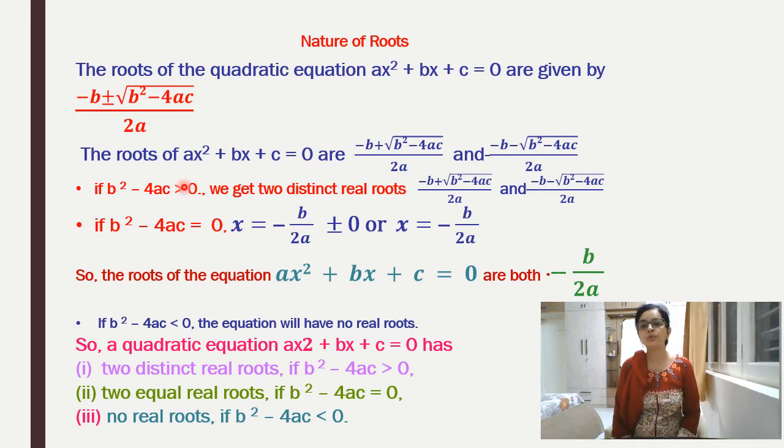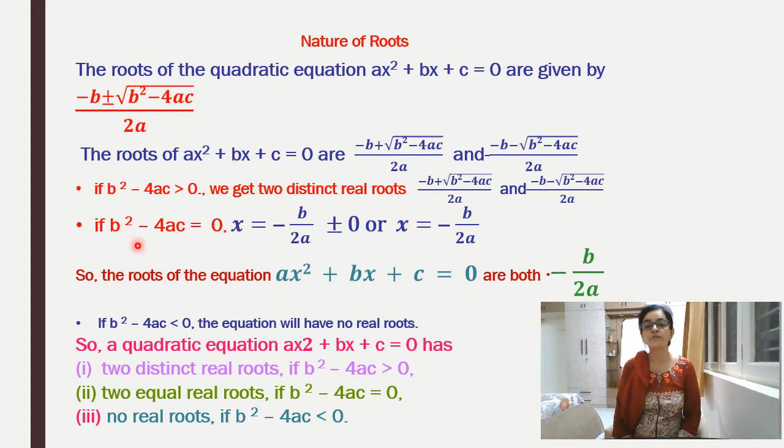So we have two roots: minus b plus root of b squared minus 4ac upon 2a, and the other root is minus b minus root b squared minus 4ac upon 2a. What is the difference between the formulas in these two roots? The difference is about plus and minus discriminant. So one time you will take plus the root of the discriminant, and another time you will take minus of the root of the discriminant. Now let's move to the nature of roots. If the discriminant b squared minus 4ac is greater than 0, then we will have two distinct real roots.